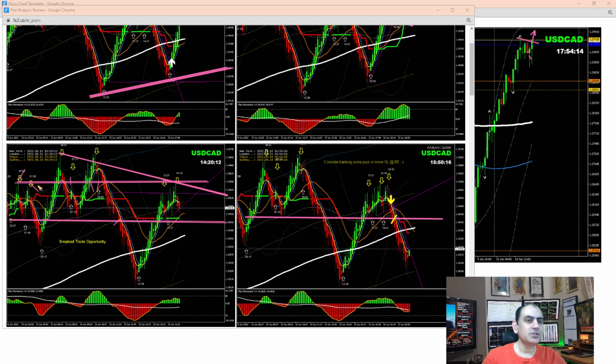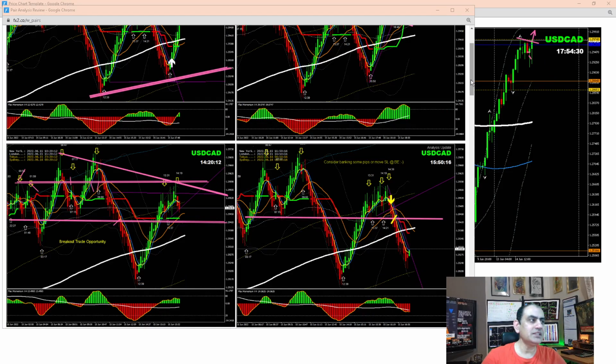Look here, you can see price respected this level, which I mentioned. Price nicely broke, and the target was the previous low at this level, which you can see price nicely hit, and we banked amazing profit. After banking some profit, once we saw the rejection here in 4 hour,